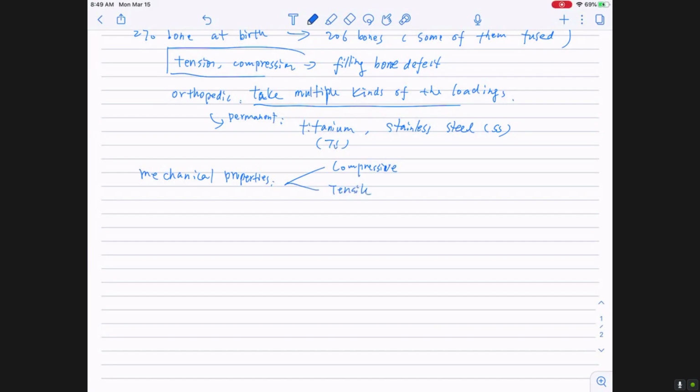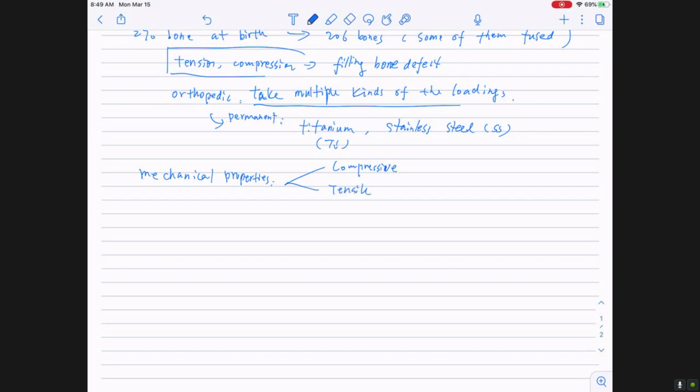Another issue happens within the loading, where sometimes penetration into the host tissue happens. Here I can give an example of bone. So yes, mechanical properties have really crucial roles when working with the host tissue,